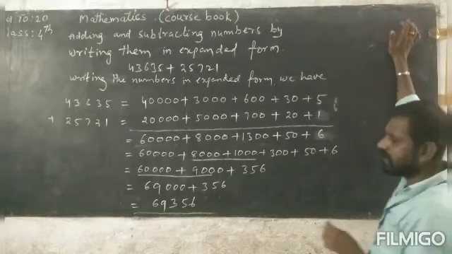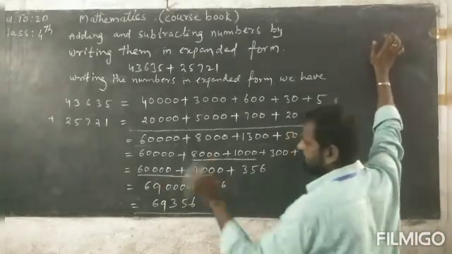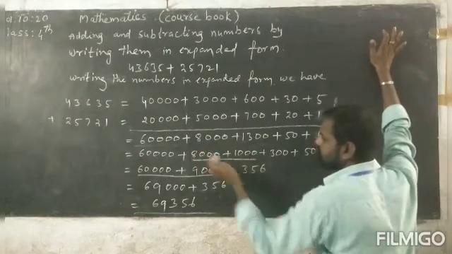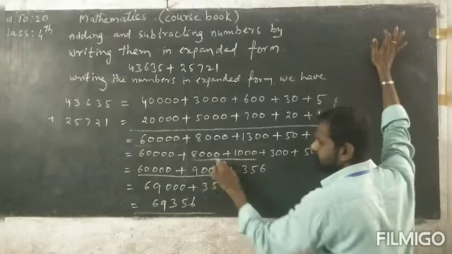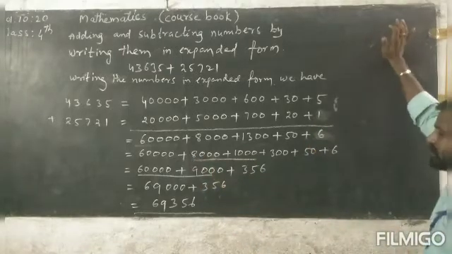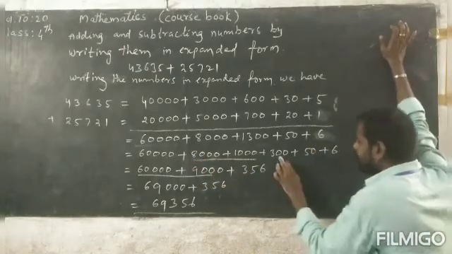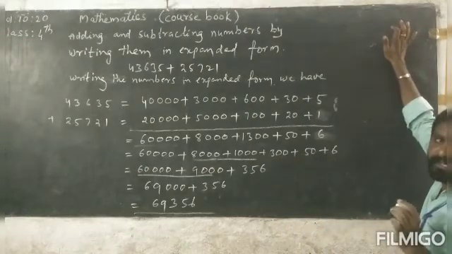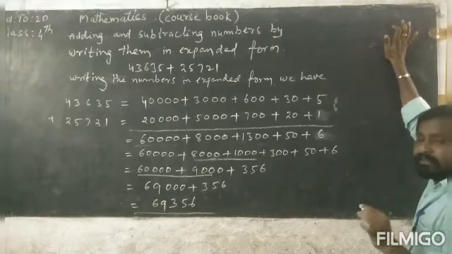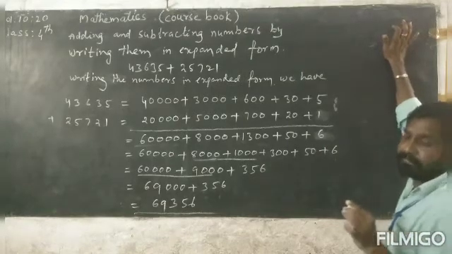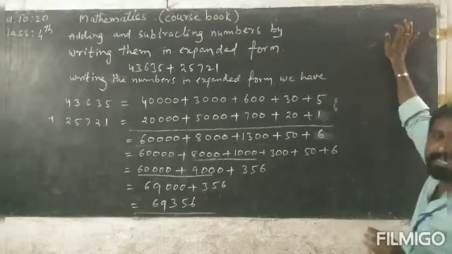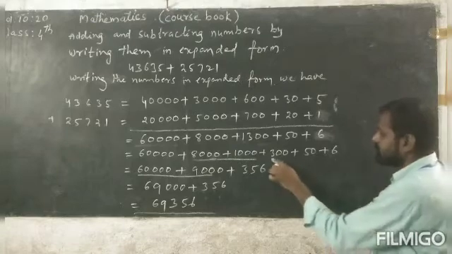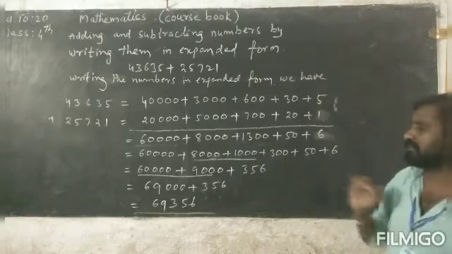First you write 60,000 same. Next you add 1,000 to 8,000 because this is thousands, this is thousands. Now next, 300 plus 50 plus 6, add them together, because in the ones period it has 3 places, beta: ones, tens, hundreds. So you can add these 3, which means 356.